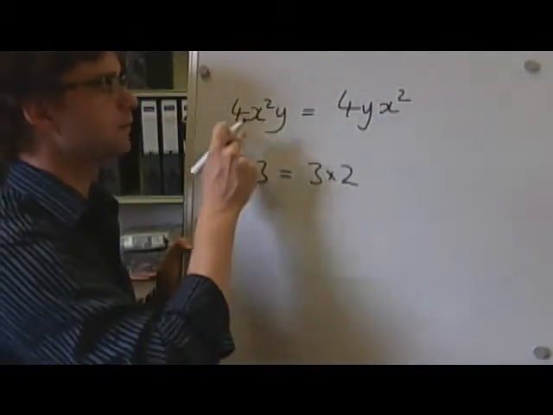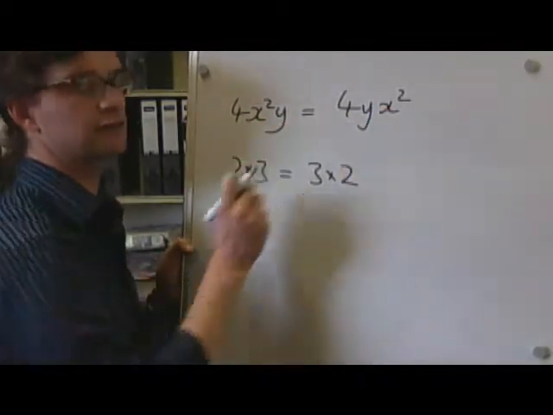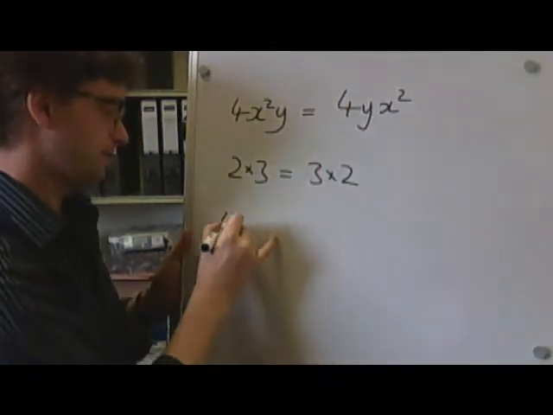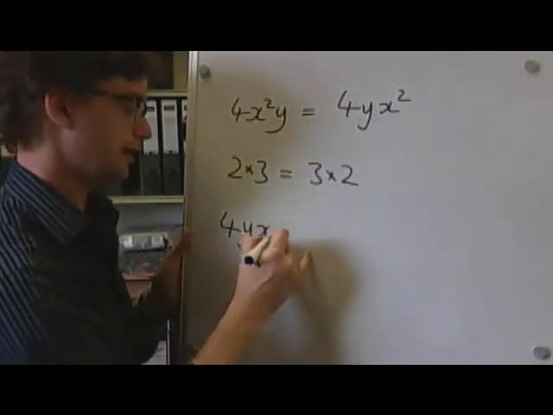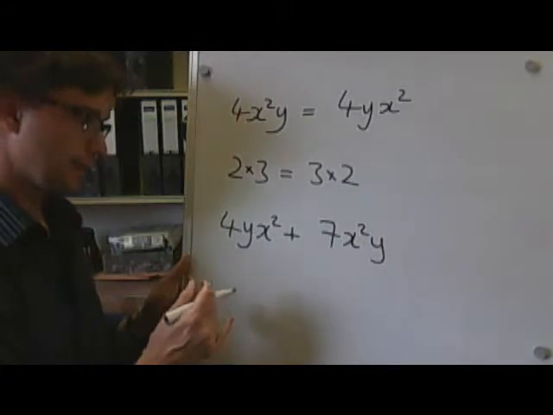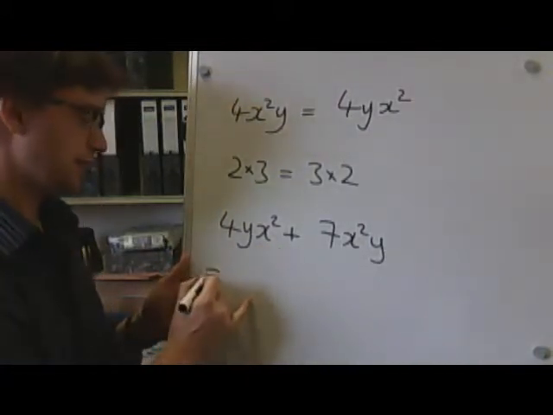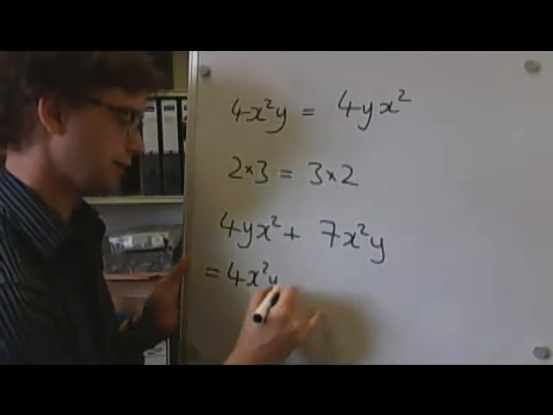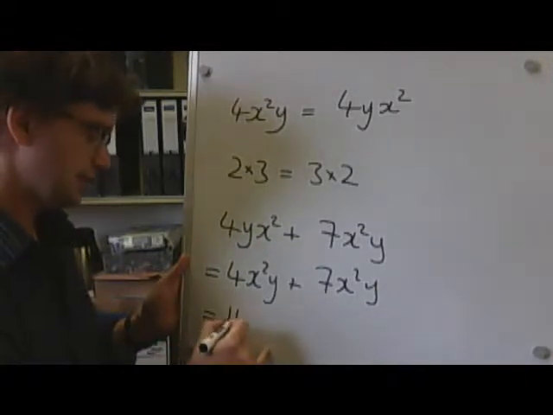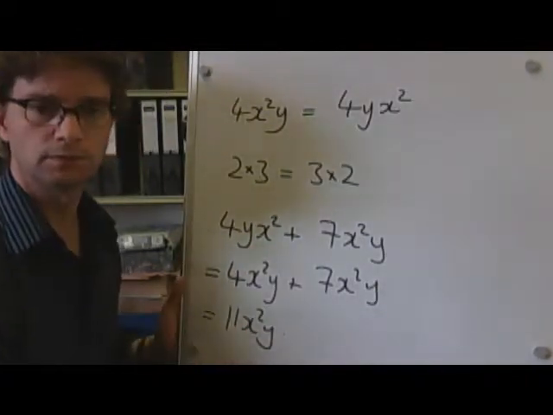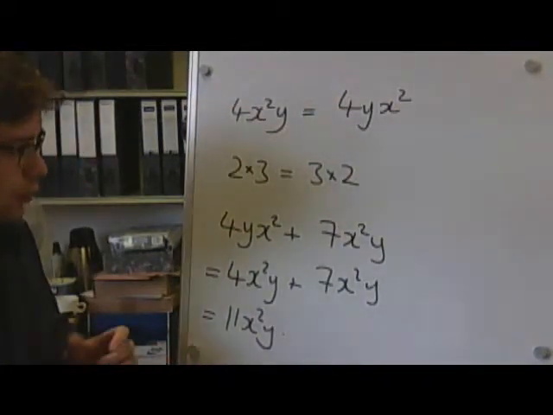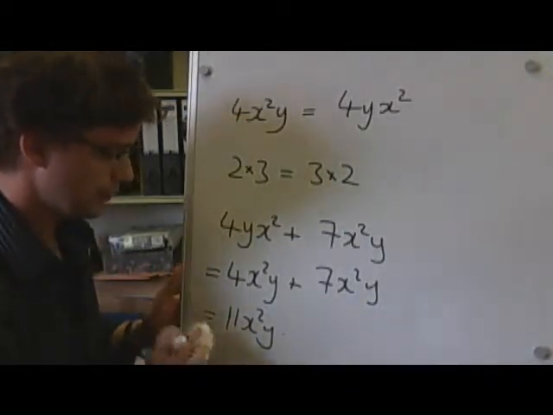So the fact that I've got the x squared and the y and the x squared the other way around here doesn't matter, they're the same thing. So if we had 4yx squared plus 7x squared y, I can think of this as being the same. I can say, well, that's equal to 4x squared y plus 7x squared y, and that's just 11x squared y. It's one simplification, an easy trick. One more thing to tell you to make sure that you're really clear on